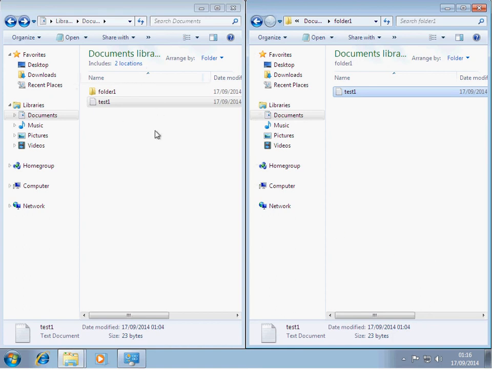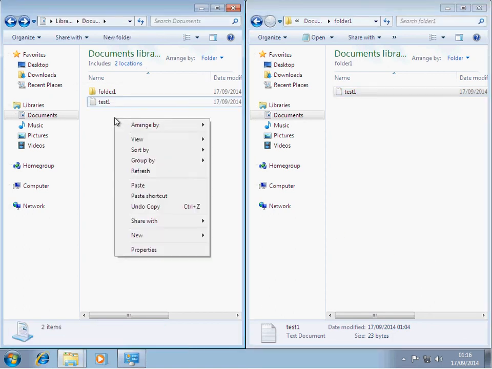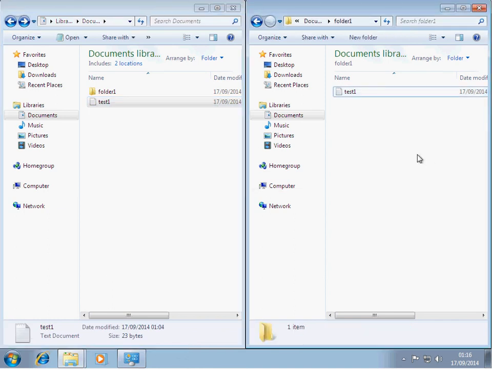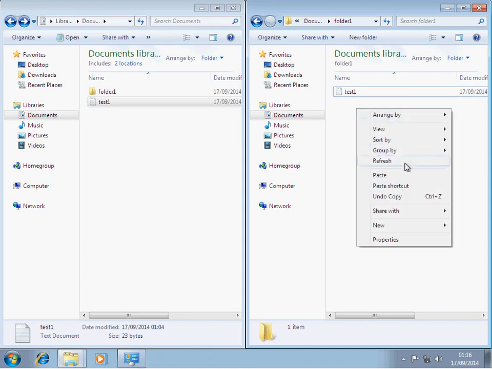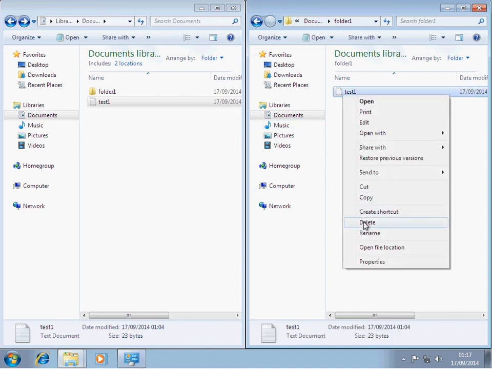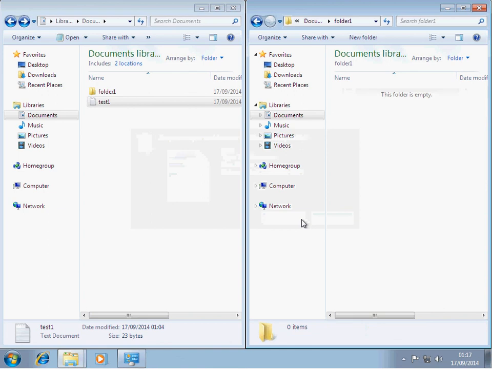That's just copied it, because all we done was in this box here we right clicked on that document, and if you remember, all I done at that time was click copy, and then all I done in this one was I right clicked and click paste. Okay, so it's just showing you another way of copying and pasting. It's just another way of dragging and dropping, but in this case I click copy and click paste. It's as simple as that. Okay, I'll delete that again,